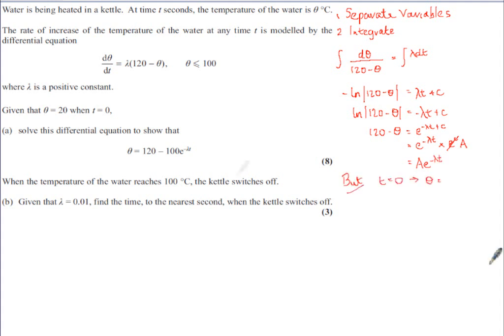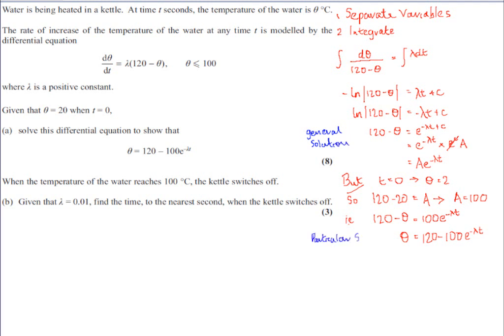And then we put in what we call our initial or boundary conditions. So when t is 0, theta is 20, and we find out what a is. Doing the substitution, e to the 0 is just 1. So we're left with 1 times a on the right hand side, and 120 minus 20 on the left hand side. That gives us a is 100. So our particular solution is 120 minus theta is equal to 100 e to the minus lambda t, or theta is equal to 120 minus 100 e to the minus lambda t, as required. So that's fairly straightforward-ish